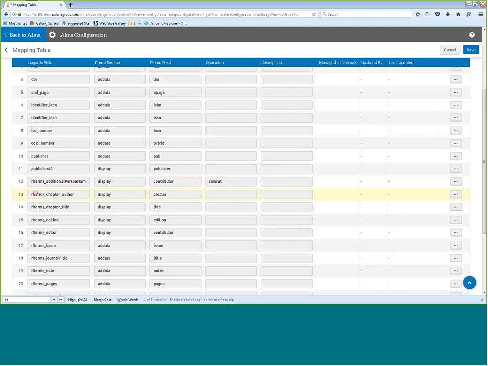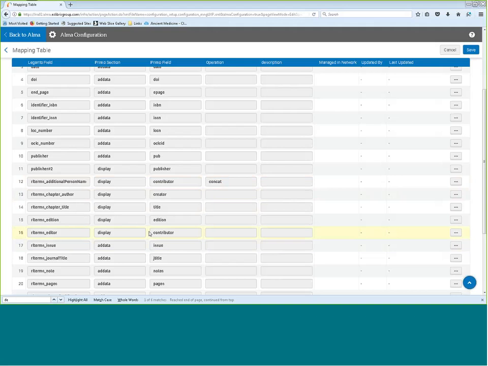So if, for example, the additional person name does not have the concat operation associated, we'll take only the first name. But if there are several additional person names available, and the concat operation is available, we will loop and retrieve all the additional person names,